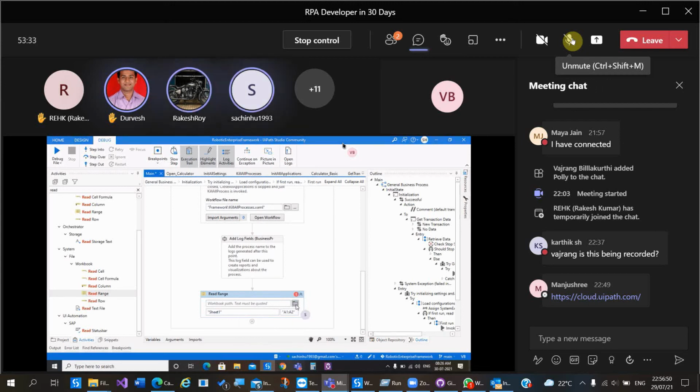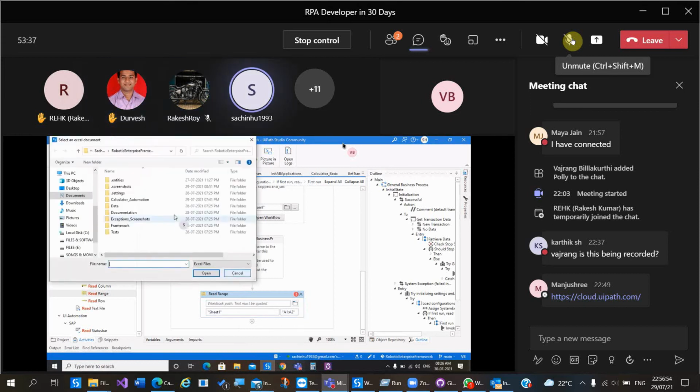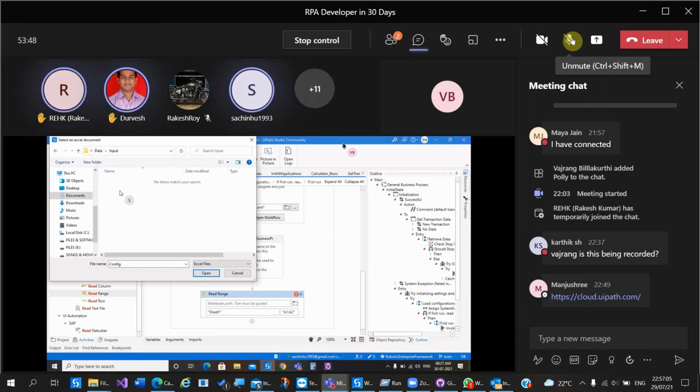So give the input file path in here, in data, input folder. You haven't added the input Excel file. You have to add the input Excel file first.